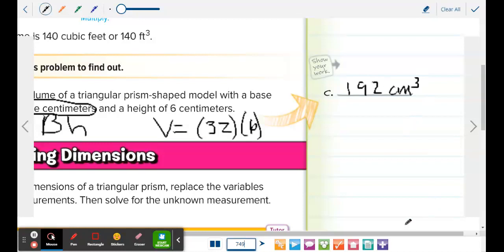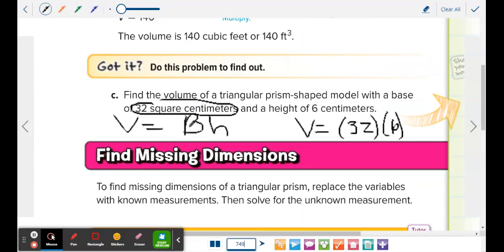Okay, so the formula calls for the area of the base. Well, the base is a triangle, so you're finding the area of a triangle. They gave you the area of the triangle, which was 32 square centimeters. That's your dead giveaway: square. It's talking about area. So you just do 32 times 6. Okay, any questions on volume of a triangular prism? All right. So we